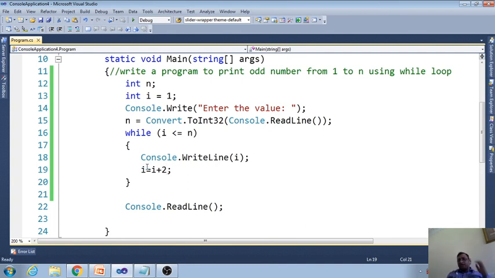So like this, all the programs I explained to you using the for loop, you convert all the programs using while loop. Everything is the same, only the difference is the initial value will be at the starting, the condition in the same place, and increment and decrement inside the loop.